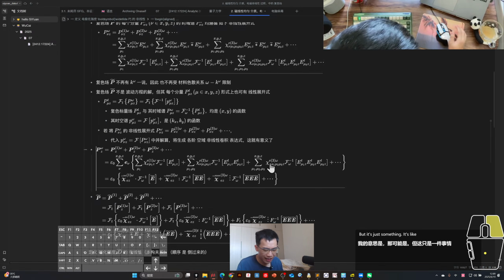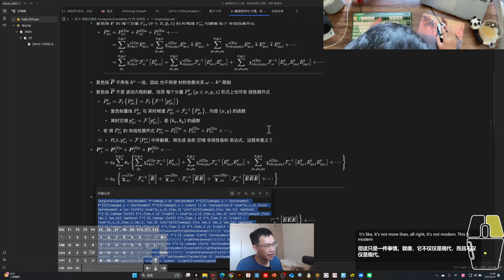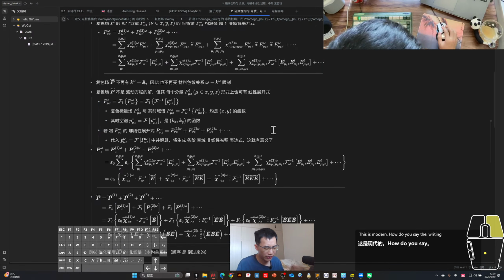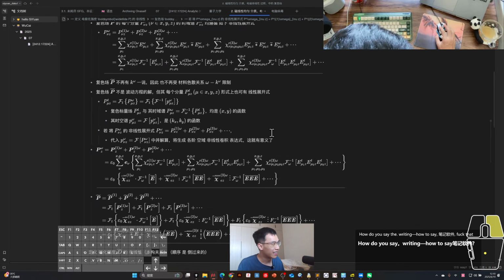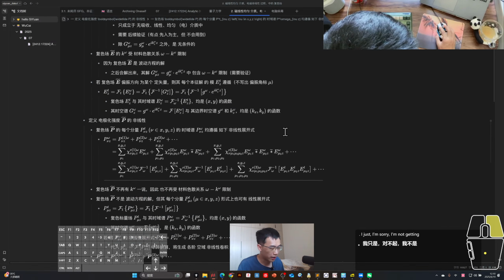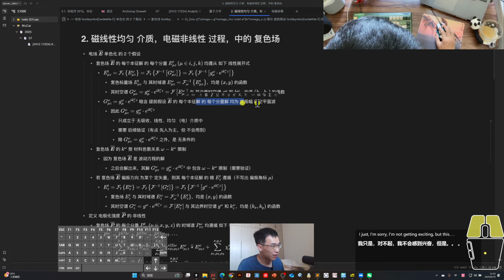It's not modern. This is modern. The writing, the note-taking software, that is what I mean. I'm sorry, I might get a little bit excited about this. Everything should be